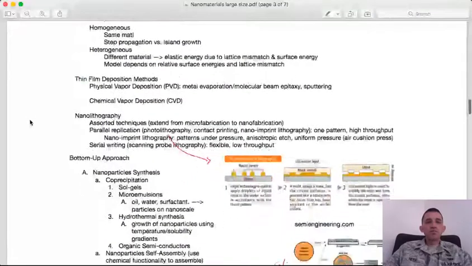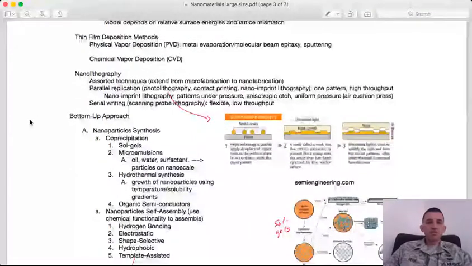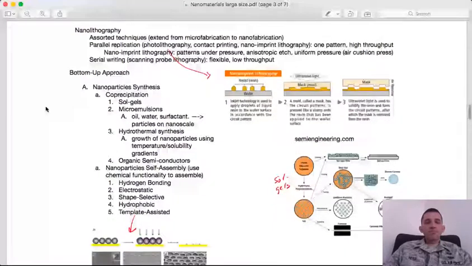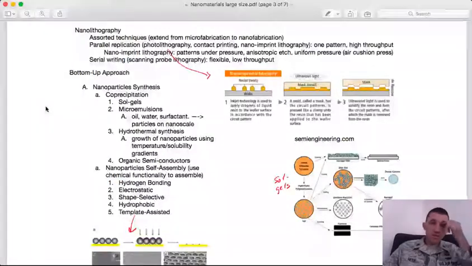Since the top-down approach is an extension of microfabrication, we're going to use the same techniques we use in microfabrication. The big difference here is the resolution that we have in our photolithography process. But depositing metal, depositing semiconductors and insulators, we're going to use PVD and CVD just like we did before. But since we're going at a much smaller scale, additional techniques have been developed to facilitate that. One of which